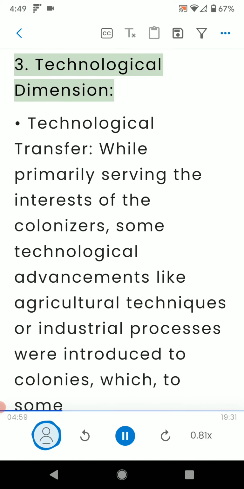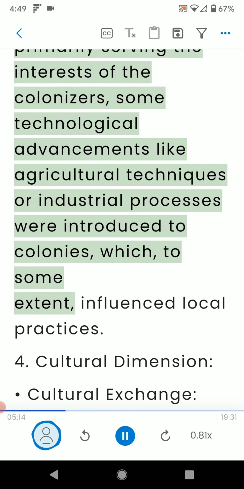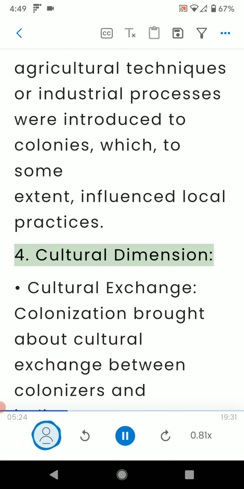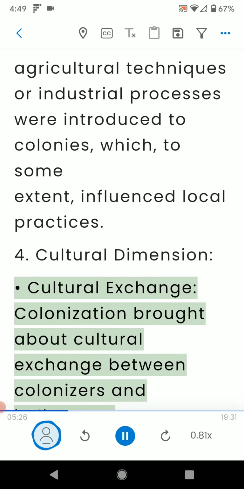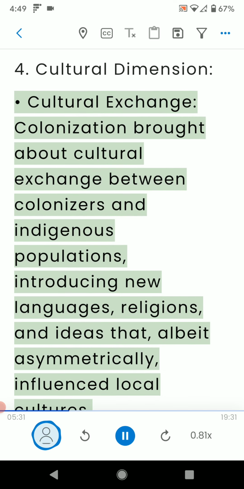3. Technological dimension. Technological transfer. While primarily serving the interests of the colonizers, some technological advancements like agricultural techniques or industrial processes were introduced to colonies, which, to some extent, influenced local practices. 4. Cultural dimension. Cultural exchange. Colonization brought about cultural exchange between colonizers and indigenous populations, introducing new languages, religions, and ideas that, albeit asymmetrically, influenced